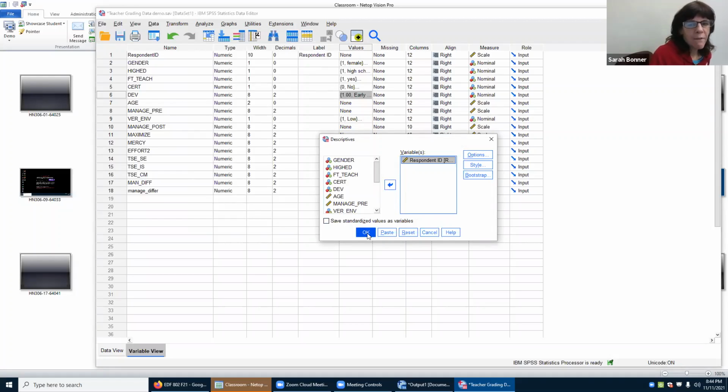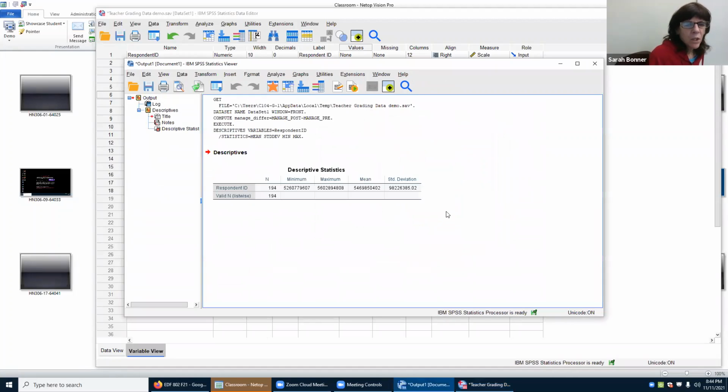And I know you can't do this with just any variable because some people may have left it blank, but I know everybody has an ID. I'm not going to spend time with you on this particular descriptive because we're just using it to get the sample size, but I'll come right back to this in a minute. So 194. We don't care about any of these things because they're just nonsense numbers, the IDs, but we know now that we have